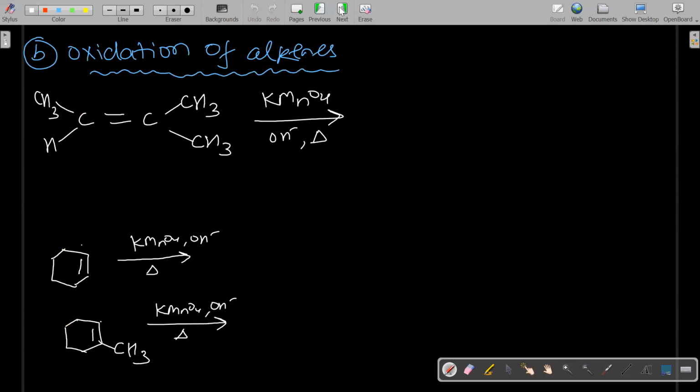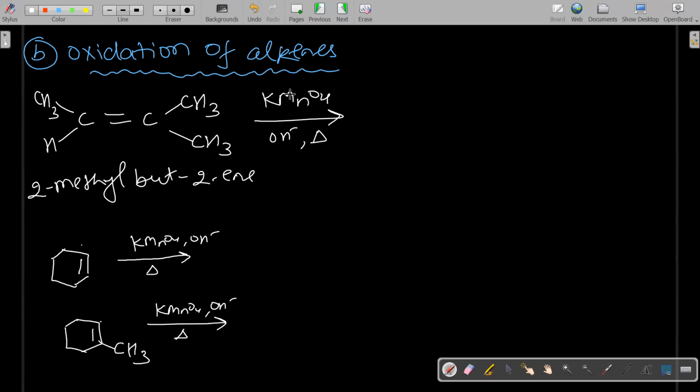Okay. Now in alkene, there is a second reaction of alkene, that is an oxidation of alkenes, but there are some conditions which you have to see. So this is one example of alkene. What is the name of this compound? 1, 2, 3, 4. This is 2-methylbut-2-ene. So what will happen when alkene undergoes oxidation reaction with a strong oxidizing agent, that is alkaline